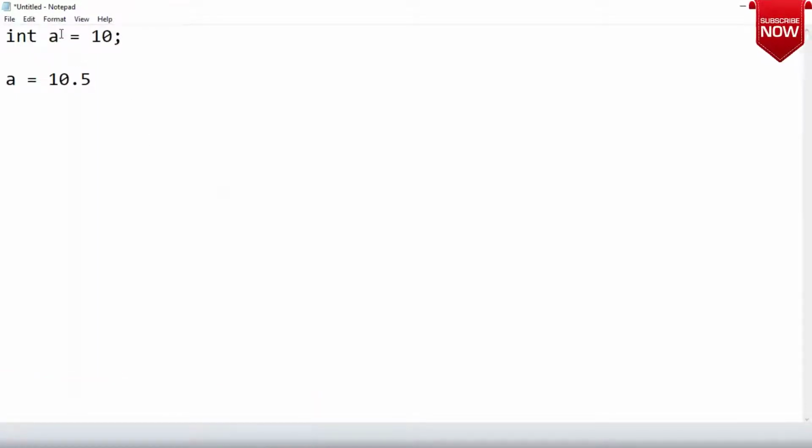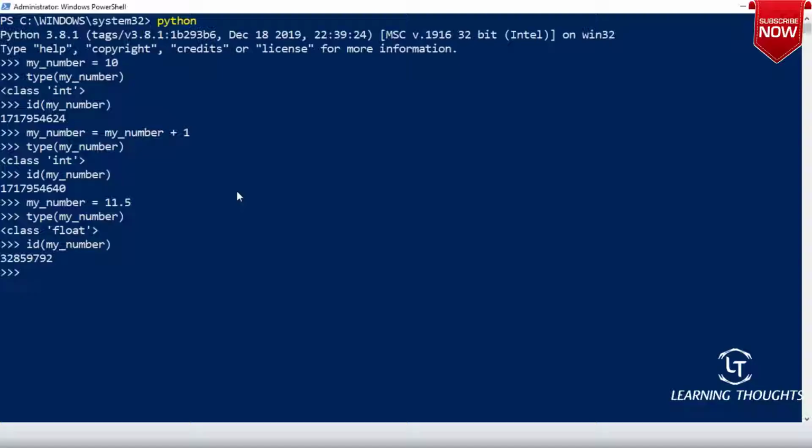Because while defining the variable itself, we are telling the type. Over here, am I doing the same thing? I give any name, I assign any value, and at any moment I can change the value of it. One moment, guys. Okay, right. So is it fun?